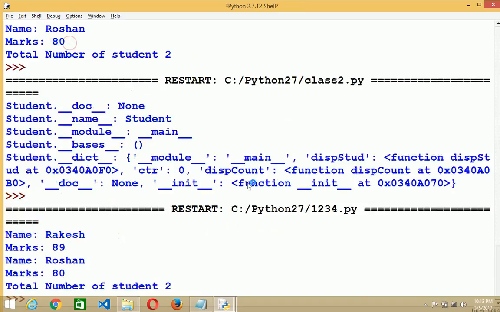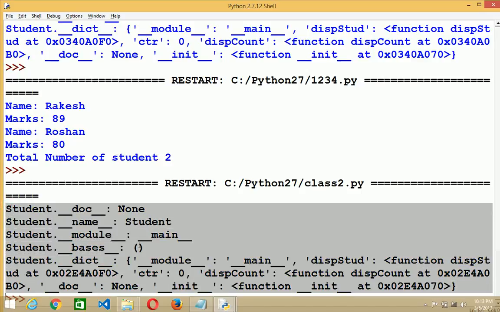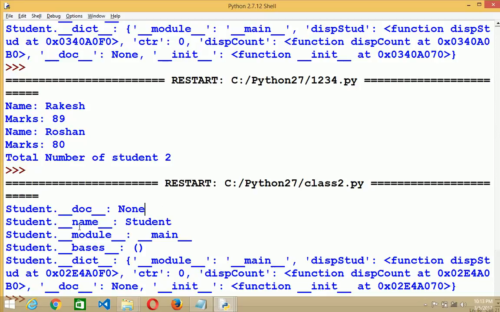So, you see that this is the output of the file. Doc is None, that means there is no documentation. Then the name of the class is Student, and this class is executing under the main module. Bases is just empty parentheses, that means presently no bases.